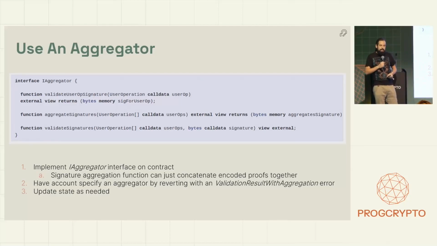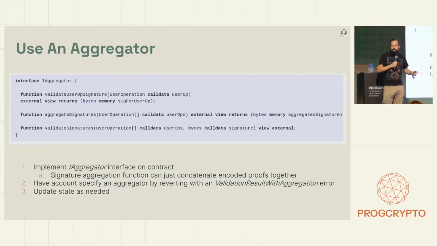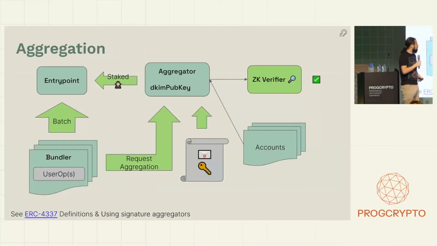And then we just simply need to have the account during validation do a revert with the validation result with aggregation error. And then on our aggregator contract, we can just update state as needed. And so what this looks like is we have our aggregator with its key. It's attached to our verifier. We have our accounts verify that they would like to use that aggregator. When we have updates, such as a rotation for that key, we can then push that into that aggregator